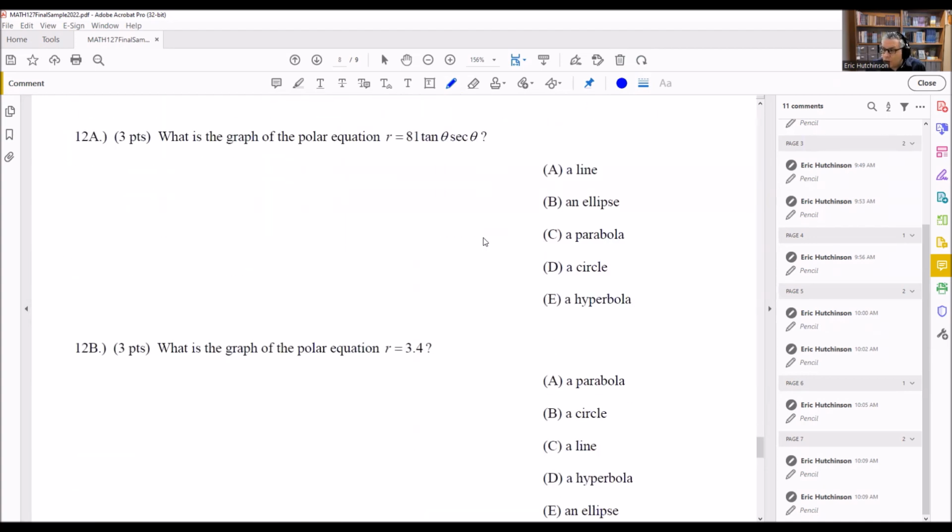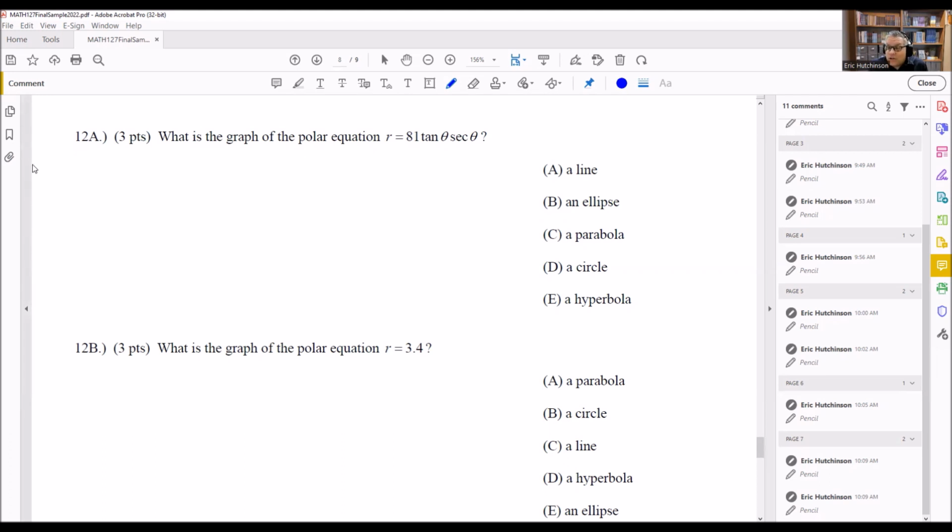Number 12. What is the graph of the polar equation r = 81 tangent theta secant theta? Okay, so you have to figure out what that one is. Now, first thing, again, for this kind of problem, we're actually going to use identities first. So this problem, we've got a tangent and secant, and our definition that we just talked about in the last